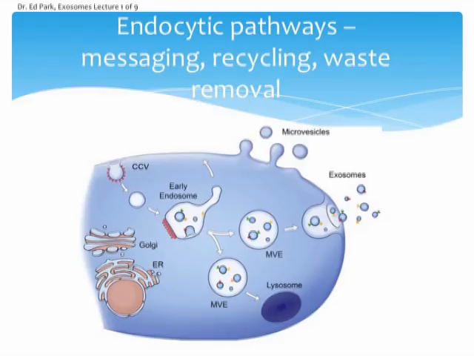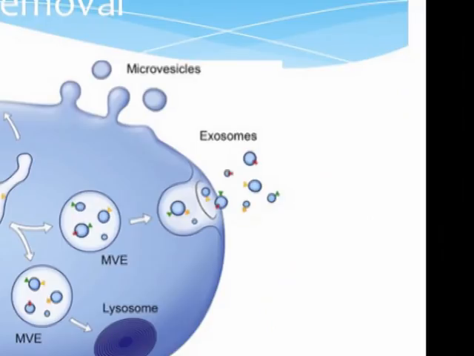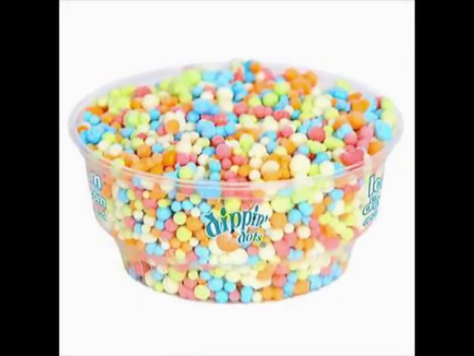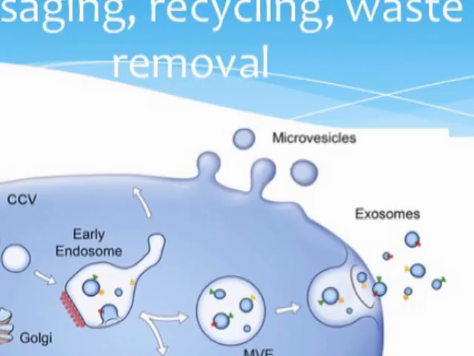First of all, we're making multiple little vesicles packaged in these bubbles, if you will. These are called MVEs, or multivesicular endocytic bodies, or endosomes. What's depicted on the right is the MVE excreting its content of multiple little spheres, sort of like Dippin' Dots. But what's also depicted here to the upper right are microvesicles. In other words, the cell membrane can bud off for whatever reason, and they can also bud in.